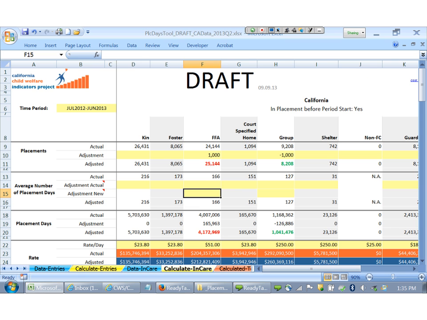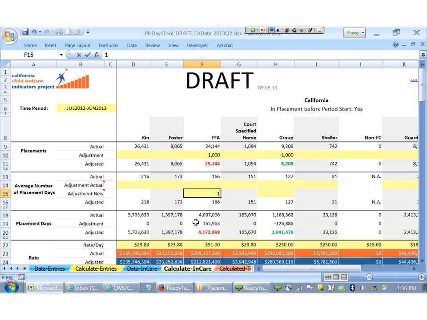So in this example of 1,000 children stepping down from group care into FFAs, we might anticipate in our planning that their placements are going to last a bit longer than the group that are in FFAs right now. So if we think that for those 1,000 children, they're going to move in and have placements that last, say, 2 weeks longer than the group that's already there,